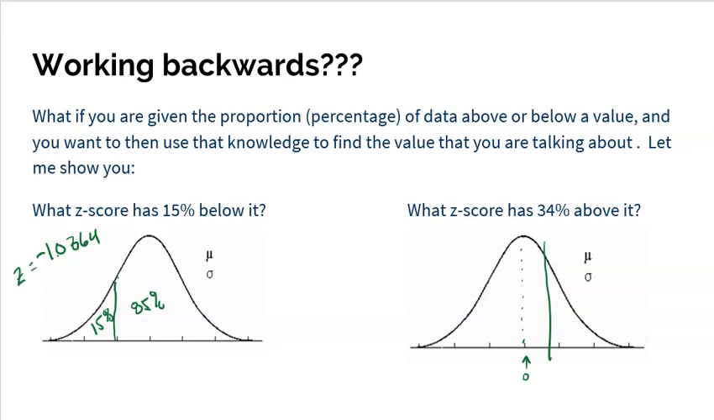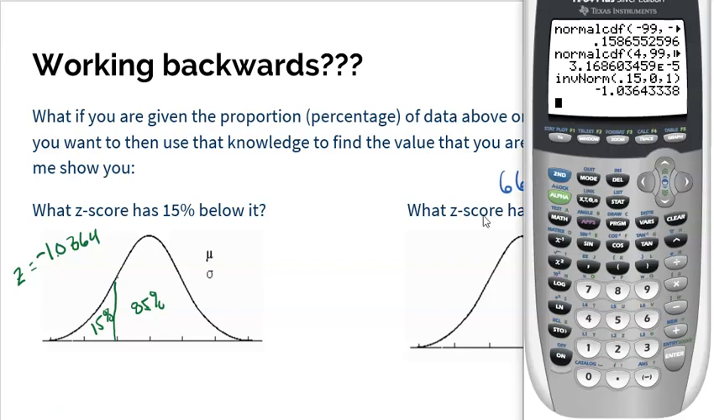All right, let's do this next one here. Let me do a little bit of erasing here first. All right, this time we want to know what Z-score has 34% above it. So this is where we got to be very careful. All right, the calculator does not work with above. It only works with below. So you need to have a common understanding that if I'm talking about 34% above, that is equivalent to 66%